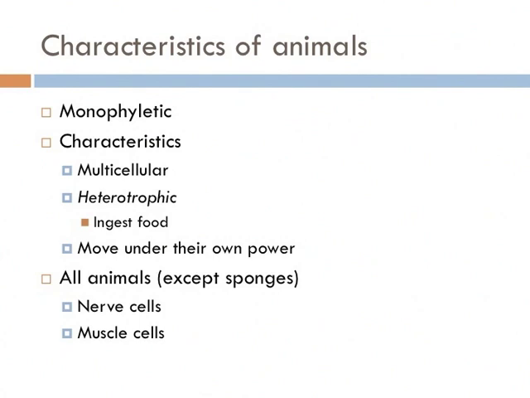And all animals can move under their own power. That is, unless they had a wee too much fun on Saturday night. And all animals except sponges have muscle cells and nerve cells. And sponges are a fairly strange group for that reason. However, you don't need to worry about cutting them in two because they won't really feel anything.